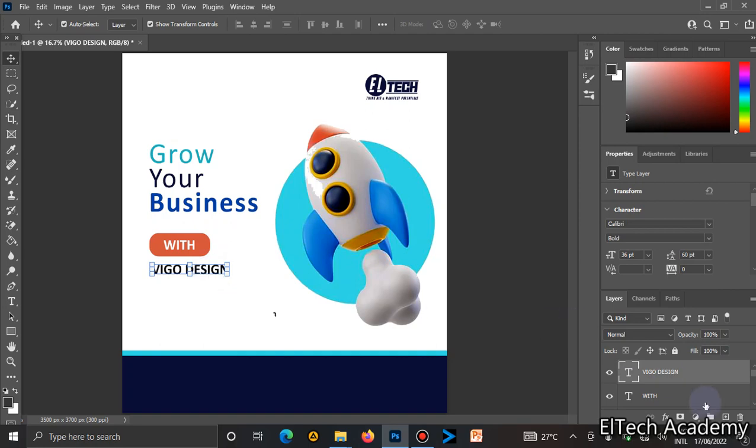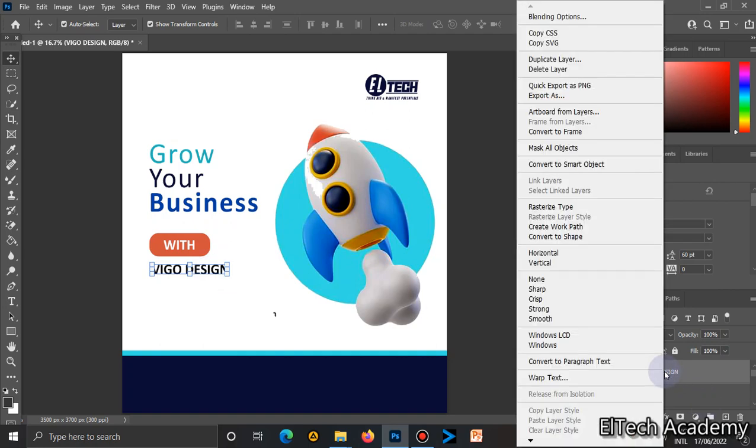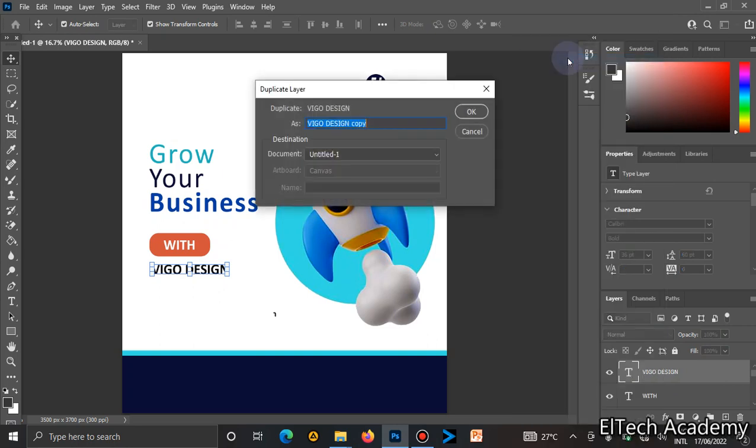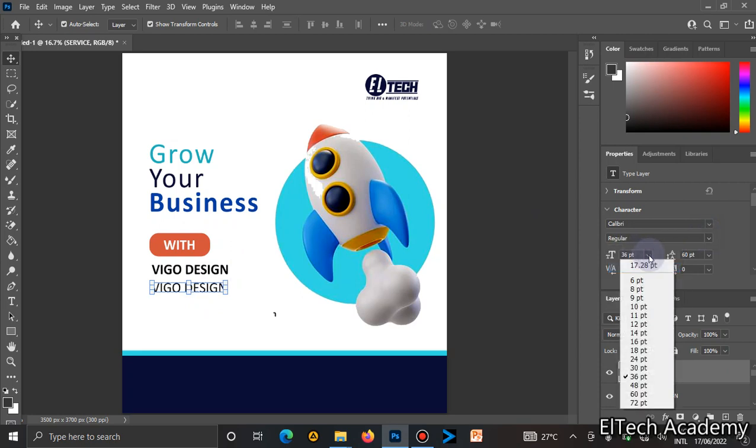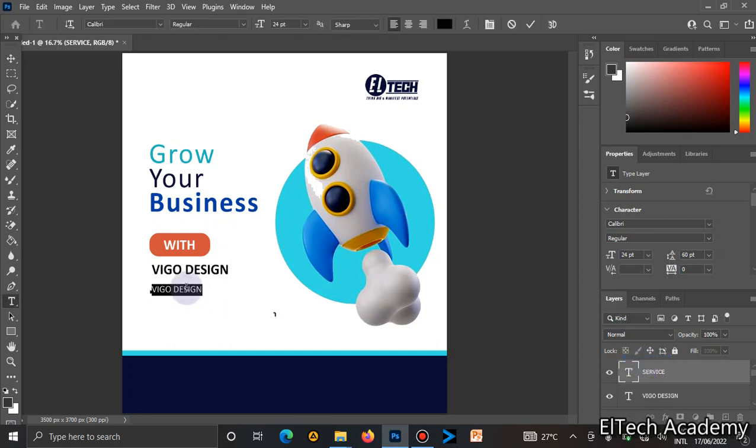So the next thing I will show you is we've already looked at duplicating. I will duplicate this text layer and say services. That is the name of the layer. Okay, so it's still there. Just drag it down, and I'll now go to fonts and use regular. I'll reduce the size to 24 actually. Okay, so what I will just use is, we are starting beginners class, so we'll learn other things. So for now I'll just say